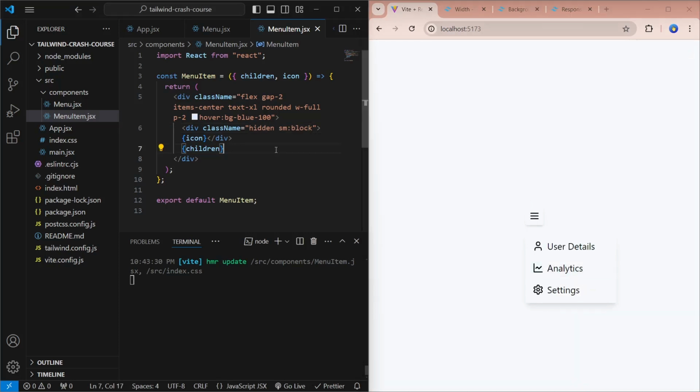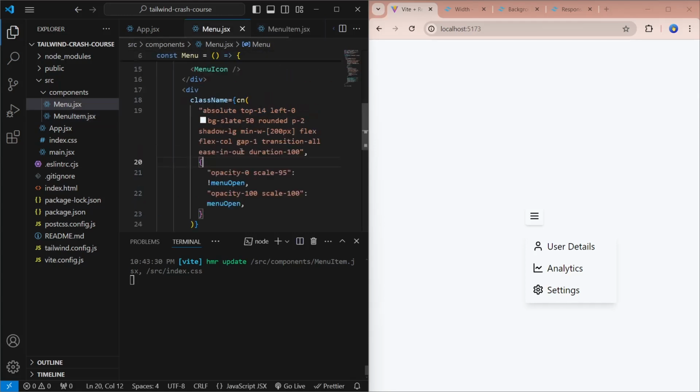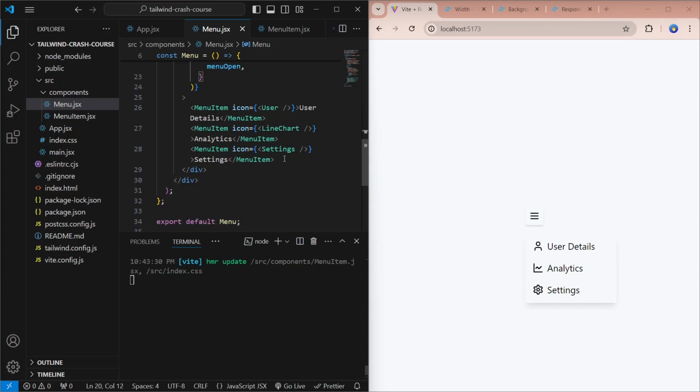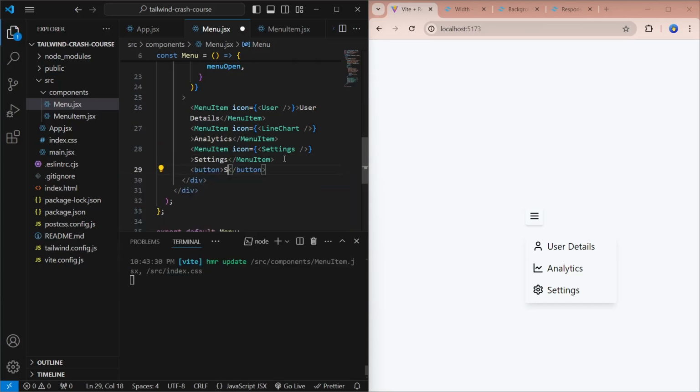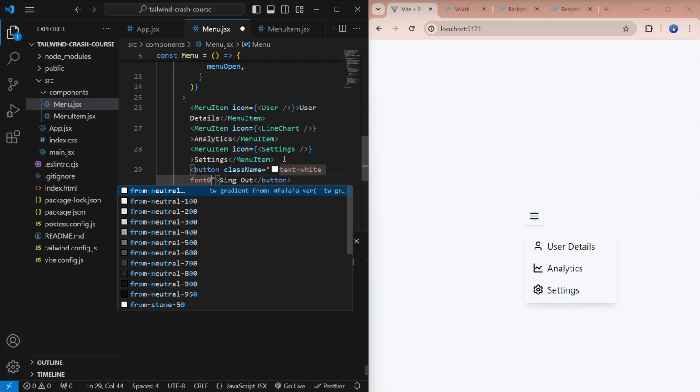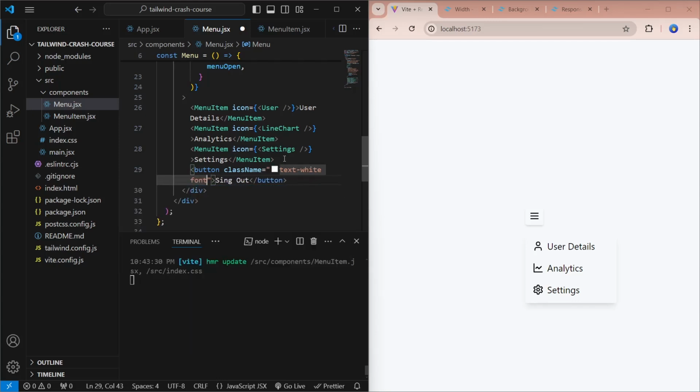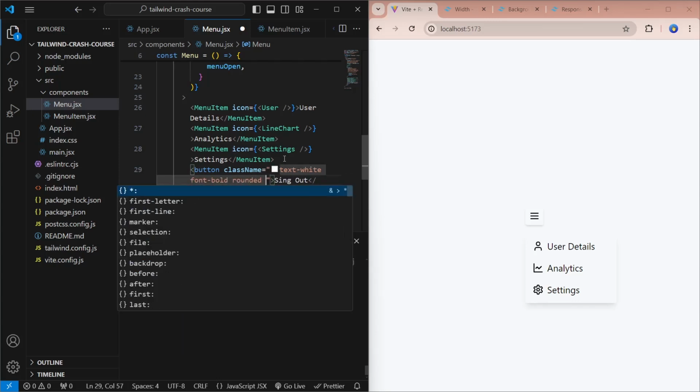Now, one thing you might want to do is define your own Tailwind class variables that you can use over here. So let's take a look at what that means. Let's add a button below all of these menu items. And we'll add the button. It'll say sign out. And for the class name, we'll give it a text-white, font-bold, rounded, and p-2,